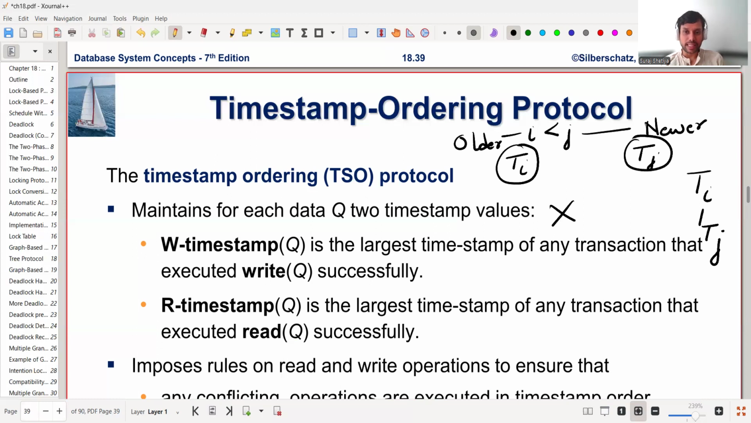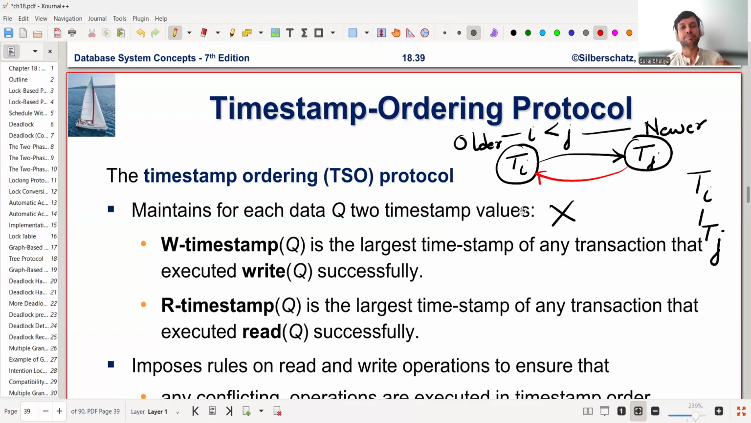We can only have an edge of this sort, an edge that is from a transaction Ti to Tj such that i is less than j. We can only have edges of this sort. If at all there is an edge of this sort where